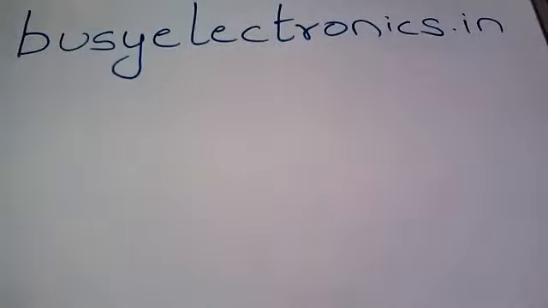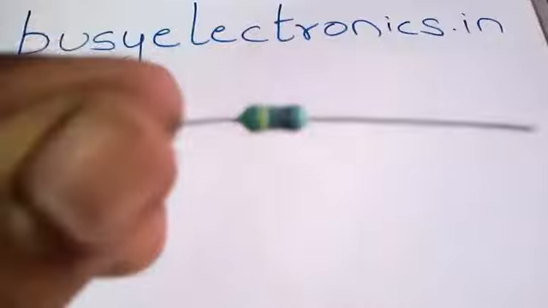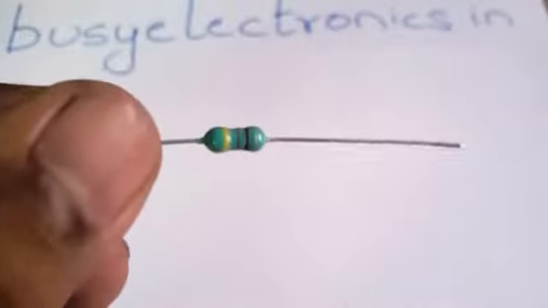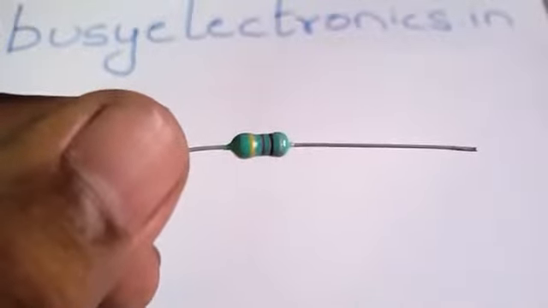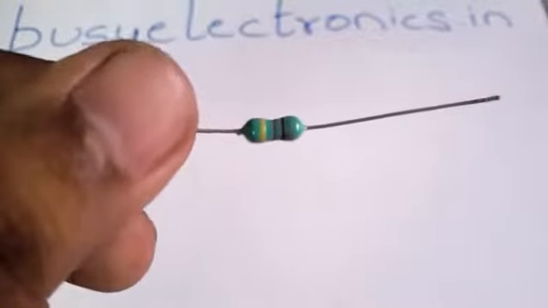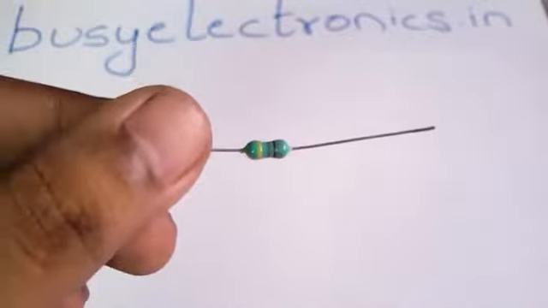Friends, today we are going to learn about the lead resistor disassembly. So I have in my hand a lead resistor. As you all can see, it looks like a normal metal film or a carbon film resistor, but it is not like that. It is a lead resistor, and let us determine the difference between the lead